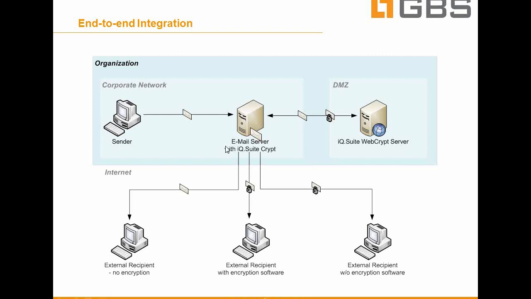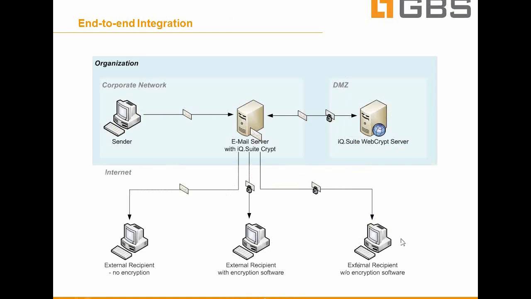And what the Domino server can now do is there is a sender who is going to send information, let's stick with the example of a credit card number. I'm going to send that. It arrives on the Domino server, IQ Suite Wall picks up that credit card number and decides this email has to be encrypted. There is no PGP key, there is no SMIME key. So what IQ Suite WebCrypt will do is it will encrypt the message,